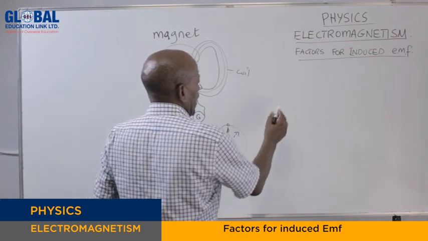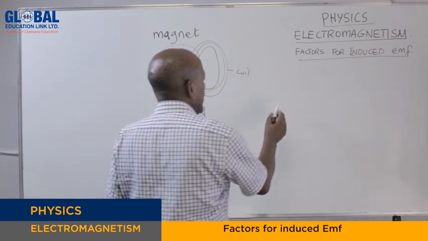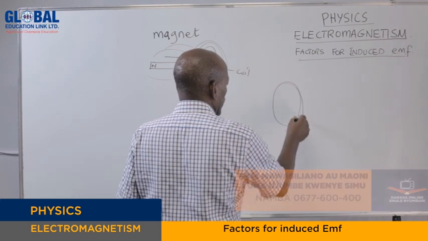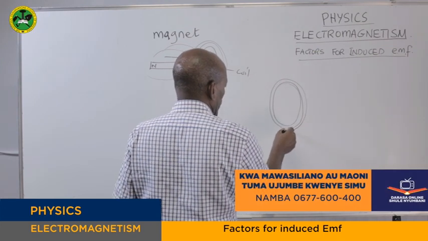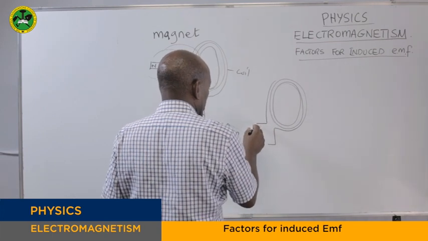Something can also happen that, for example, if we have two coils, a primary coil, for example, you could have a primary coil like that one, and this one could be connected, let's say,